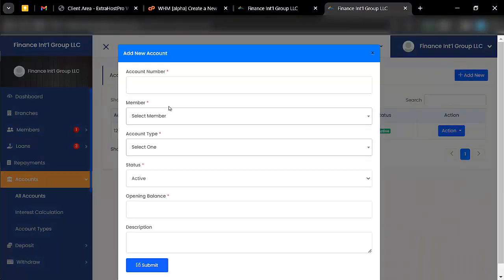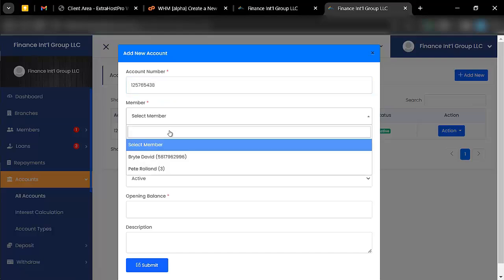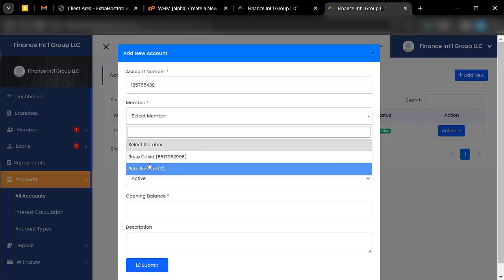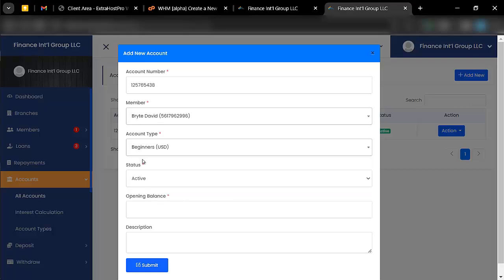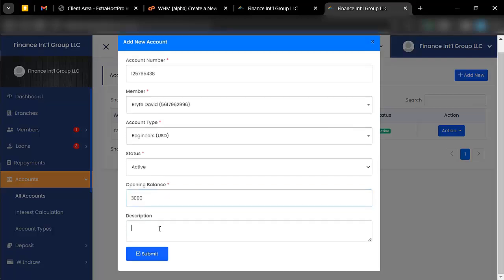on add new account, I can, let's say the account number I want to give to this user is this, and which member do I want to give this account to? So let me give this member a second account, and we're going to call this account beginners, active, opening balance. Let's say this is the amount I'm putting in the account for the beginner to start off with. We're just going to call this fundings. Okay,